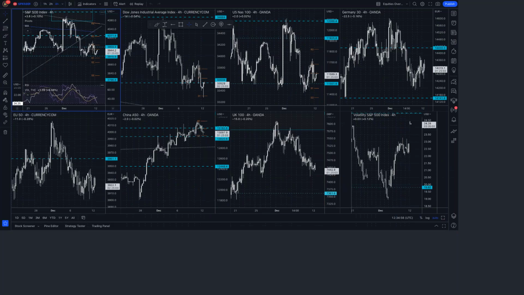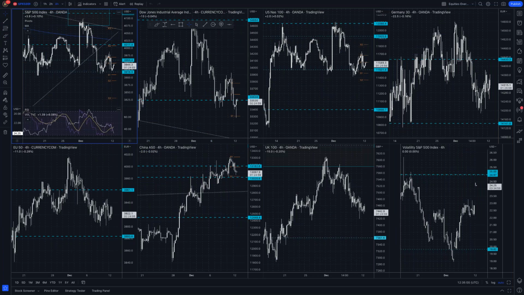I want to do a quick look at what's going on in markets overall, just so everybody's up to speed. First of all, we can see that stocks have been tracking lower, because markets have been growing in their expectation that inflation is a little stickier than anticipated, and US labor has been a little firmer. Better wage data, better employment data and stickier inflation have all meant expectations have been increasing that the Federal Reserve may have to be more hawkish when they meet on Wednesday.